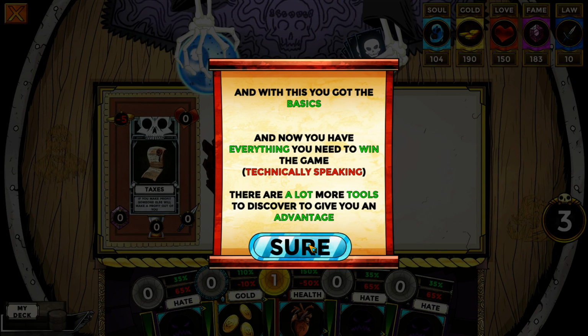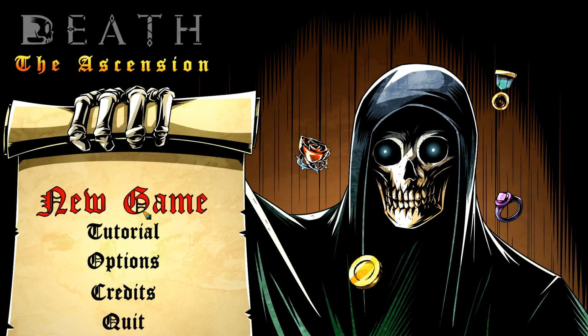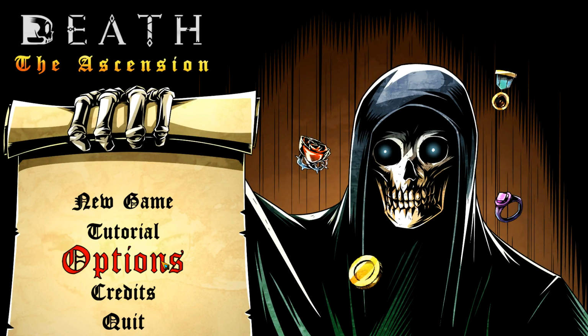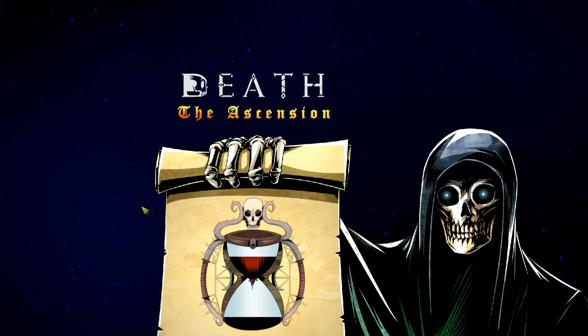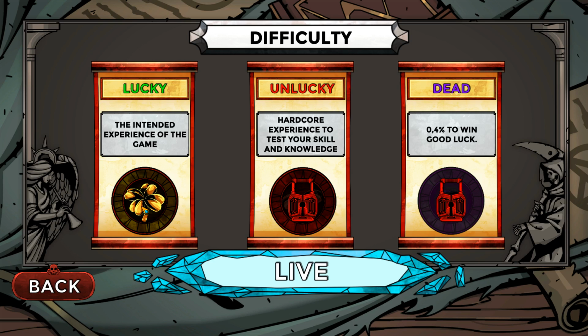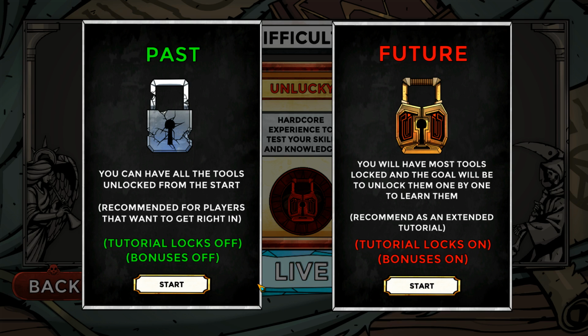Alright, so this is the end of the tutorial. So now the new game will be offered, and let's do it. New game. So in a new game, initially you're only offered this one choice, which is the lucky path, which is the intended experience of the game. But as you, I'm assuming, as you go through the end game and enough to have the ultimate victory, these other more difficult options will be provided. So we'll choose to live on the lucky,